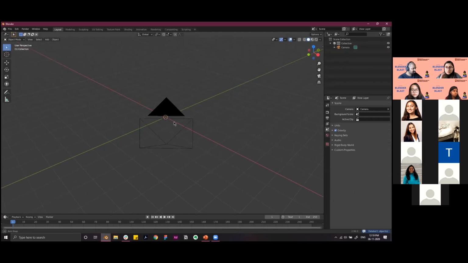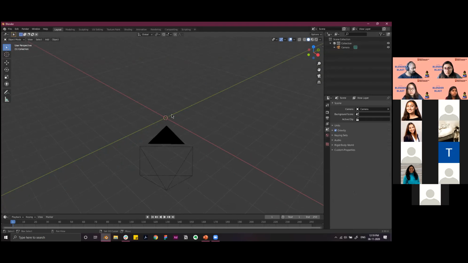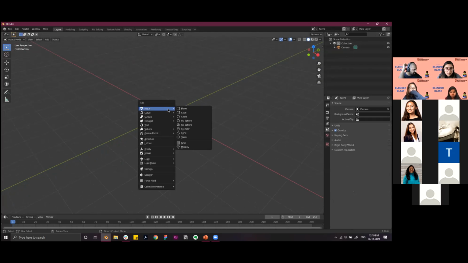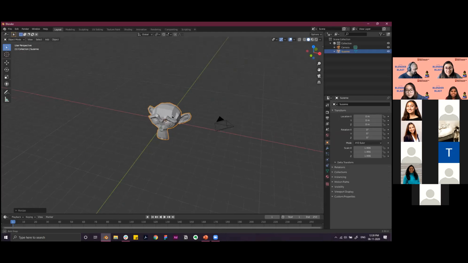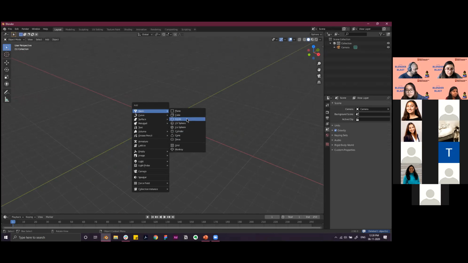Awesome. So from here, we'll get started with a basic mesh structure, and we can use that to set the base for creating our cup today. If you press Shift and A, you get an option of adding different shapes. We want to add a mesh, so we can select different types. You can have a plane, a cube, a circle, UV sphere, cylinders, cones, and a torus, which is basically a donut shape. And then you also have a monkey, which is the Blender character. We can play around with that, but for now, we could just add a simple circle.